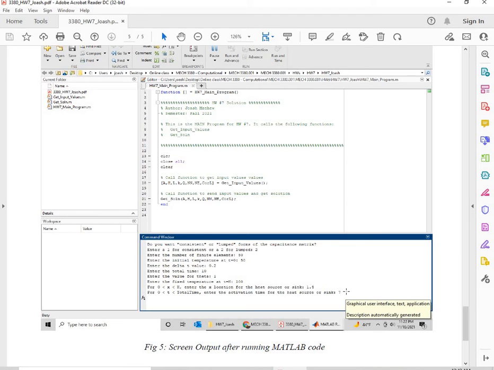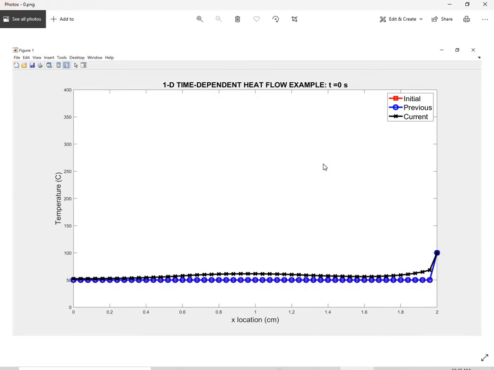So the goal here is to select or obtain simulation parameters that give us stable and physically realistic solution results. So this would mean non-oscillatory. And then we're also asked to print out a plot of the transient temperature distribution at the initial time, halfway to the total time, and also the total time. So right here